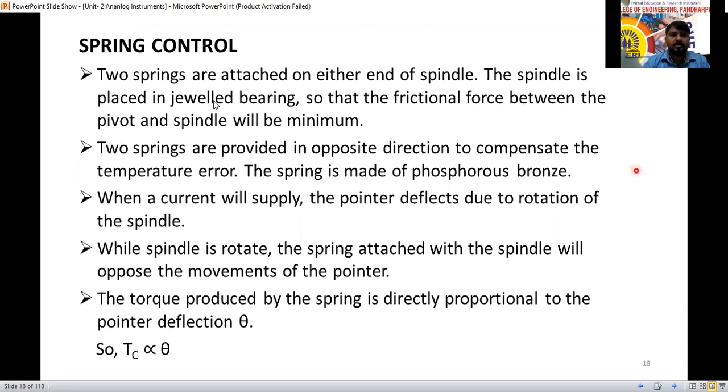So two springs are attached at either end of the spindle. In any instrument we use, the spindle is attached here. Now that spindle will help to